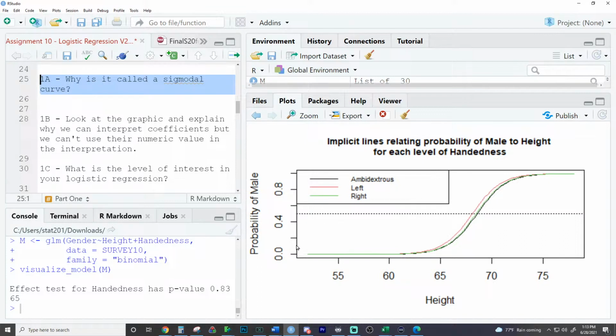Yeah, exactly. The sigmoidal curve bounds it between 0 and 1, and that's the S shape it has. So it has an S shape. Sometimes it might be hard to see, especially if you're looking at a tighter boundary. And Dylan, I can take a look. Thank you so much, Dylan. I'll take a look at that here in a second.